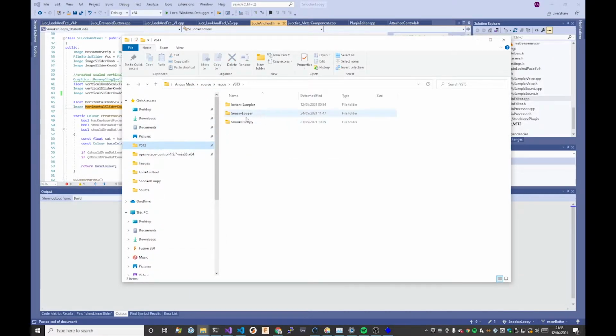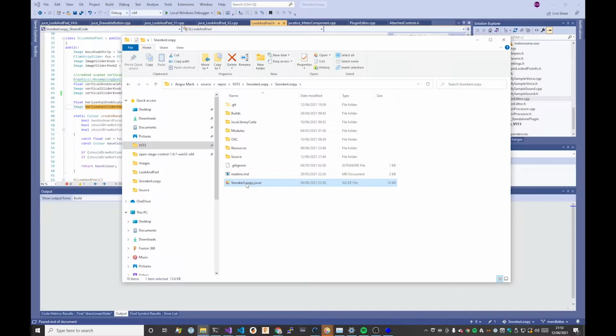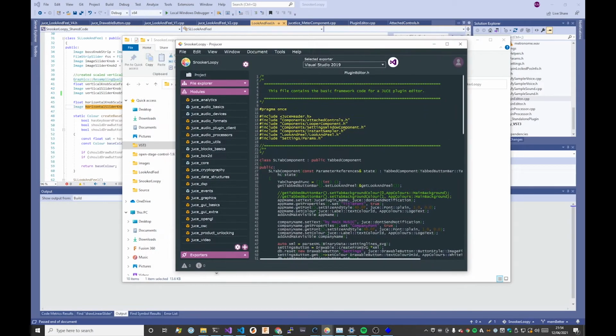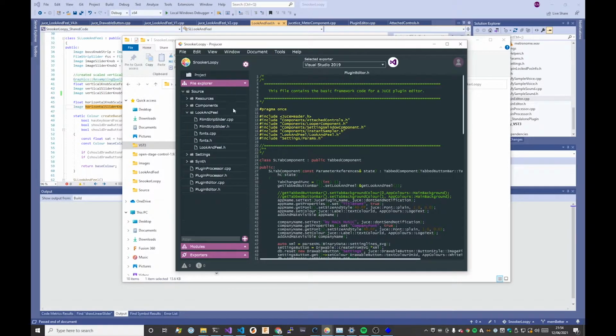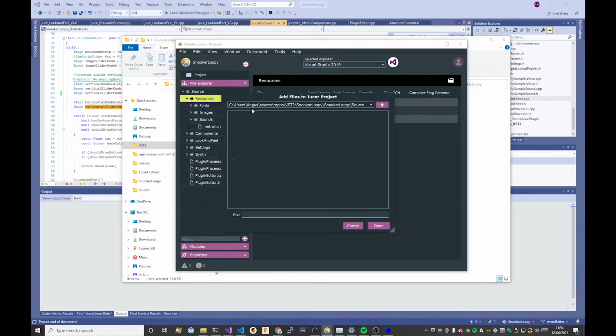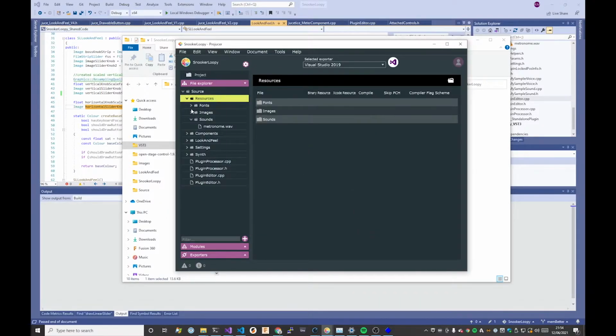If we go to the source, there's a .jucer file, so this is the project file that is used by the JUCE framework to create the Visual Studio projects for you. And what you can do in the files is you can import a binary object. You right click and you go add existing file, you select a file, and then when you click save,